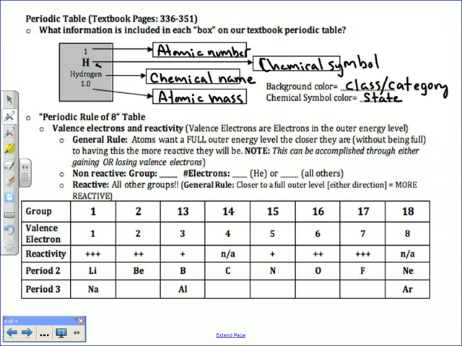Now, we're going to move on to the periodic rule of 8, and below we have a table. So the periodic rule of 8 deals with valence electrons and reactivity. Valence electrons are basically the electrons that are found in the very outer energy level. So first we'll go over a general rule. Atoms want a full outer energy level, and the closer that they are to this,